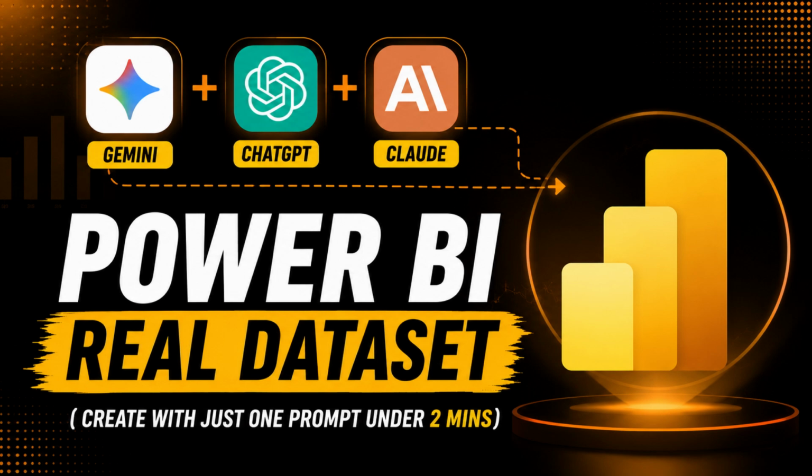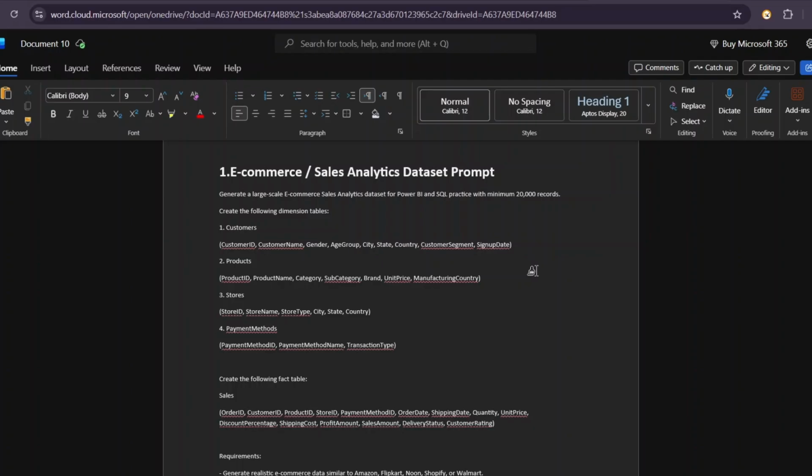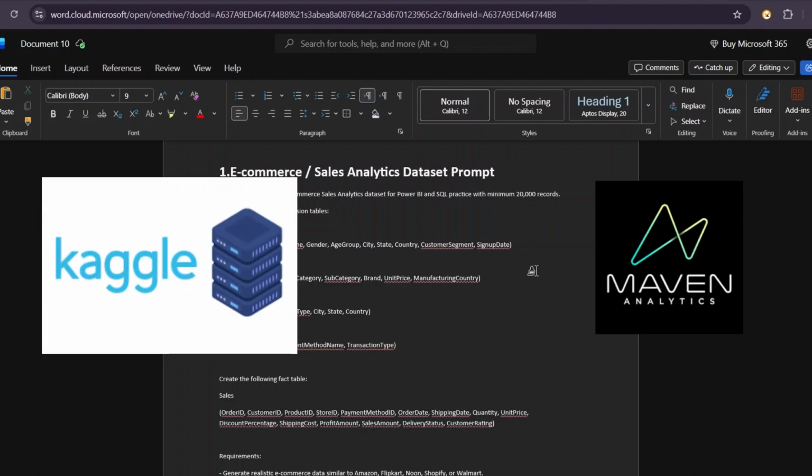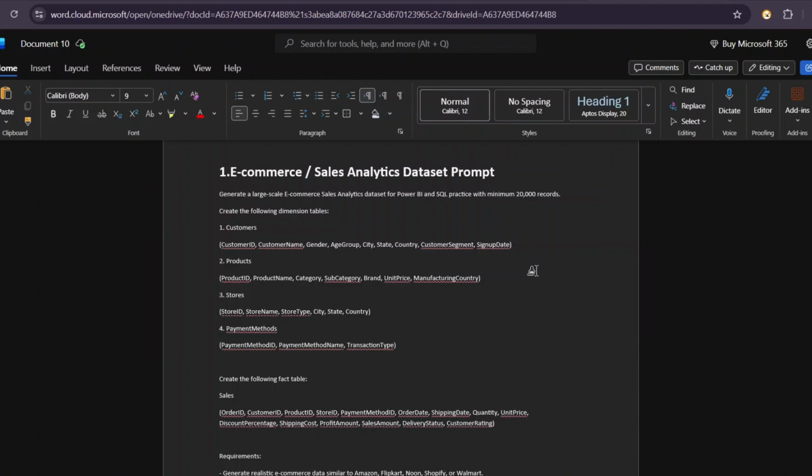So if you are learning Power BI or data analytics, one of the biggest challenges you might have faced is finding a realistic data set for practice. And usually, what do we do? We go to platforms like Kaggle, Maven Analytics, or other online websites to search for the data set. But sometimes, even after searching for hours, we still don't find the exact data set we want